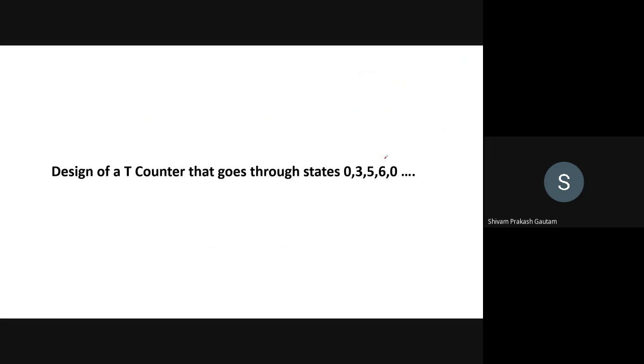Here you can see that the mod will not count, right? Though it is mod 4, as some student has said, we have to look at the maximum number because it is missing some of the states. It can happen that we count 0, 3, 5, and then 9, and then again back to 0. If this was the condition, then we would have definitely used 4 flip-flops because the maximum number is 9, though it is called mod 4, right? But here the maximum number is 6. That means 3 bits will be enough.